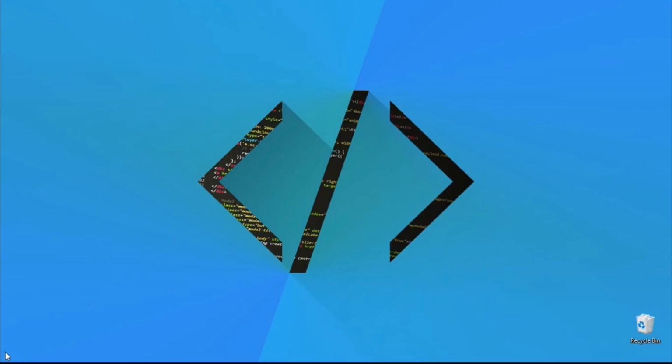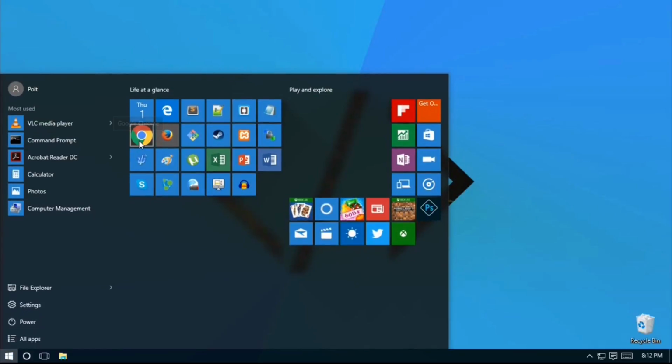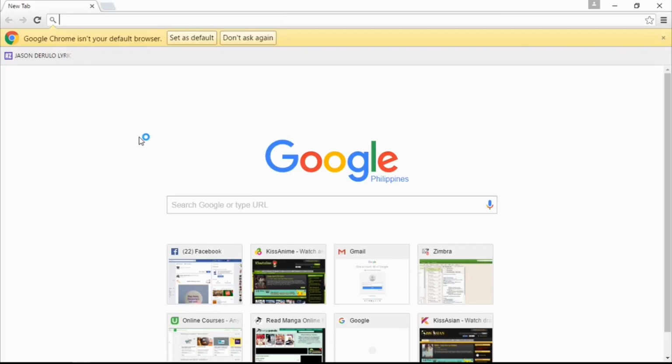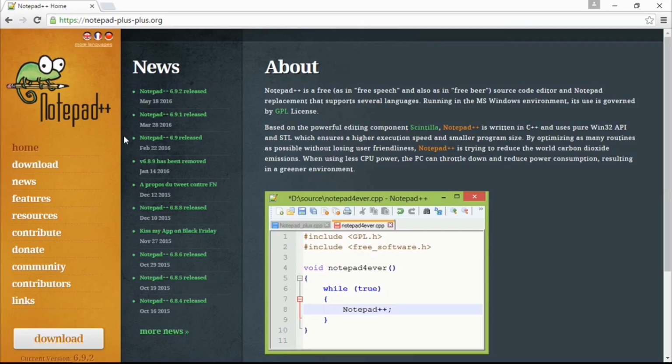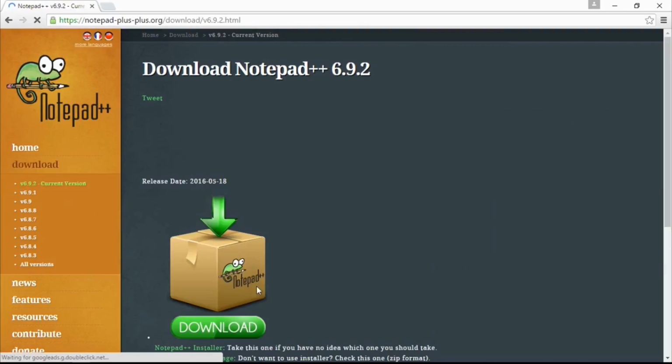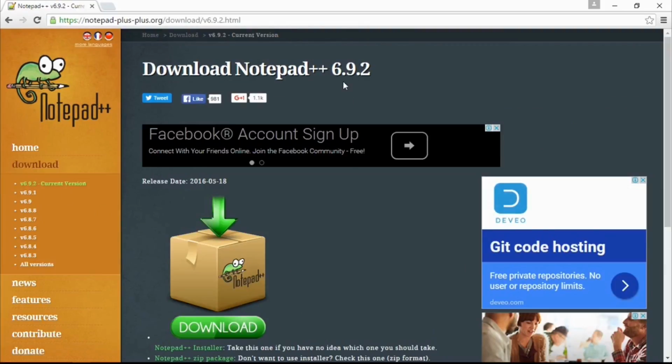Go to your web browser. I will be using Google Chrome and type notepad++.org. Then, download the latest version of Notepad++. When you're done installing, open your Notepad++